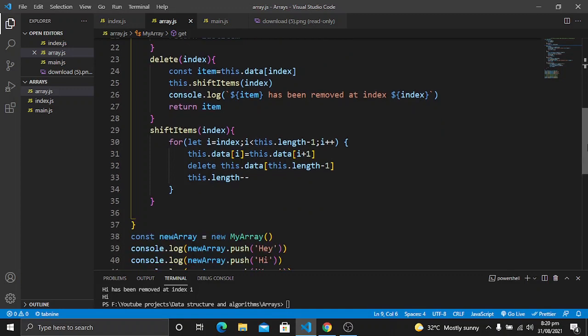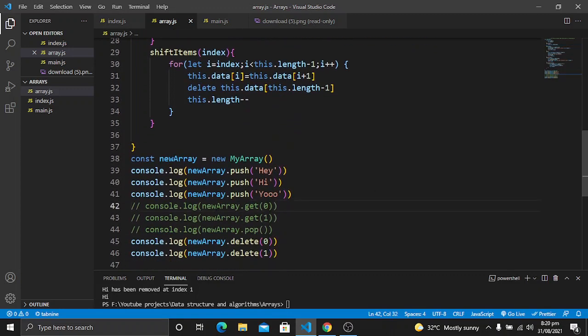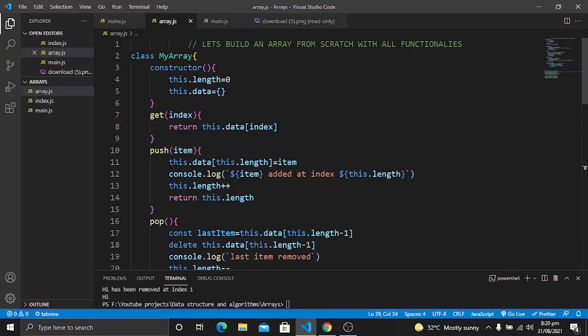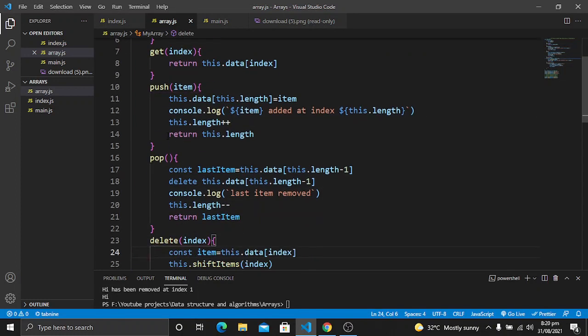So let's see here that at this position I have called this method. We have passed the 0 index. So what this method will do is, the item that is present at index 0, it will return from this method. The methods are functions; I am using the two words interchangeably. Methods are basically these functions which are used in these classes, so we call them methods.